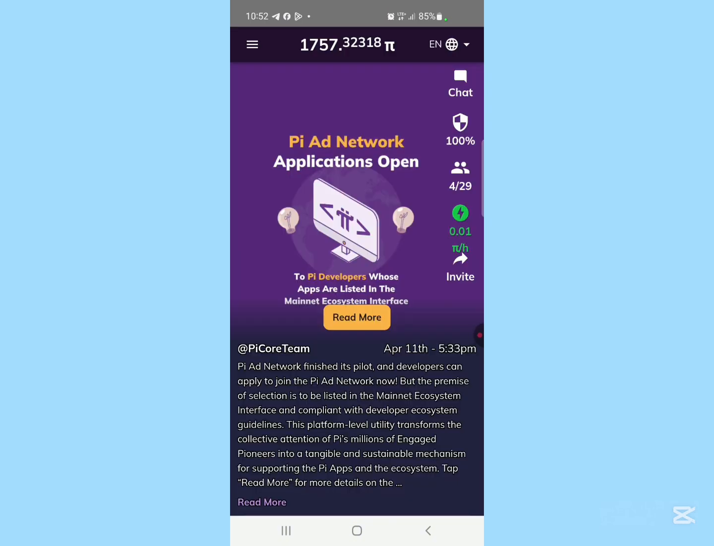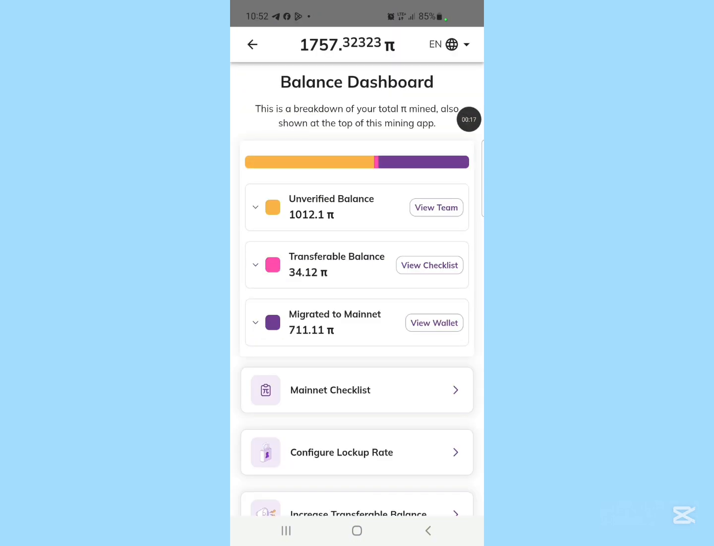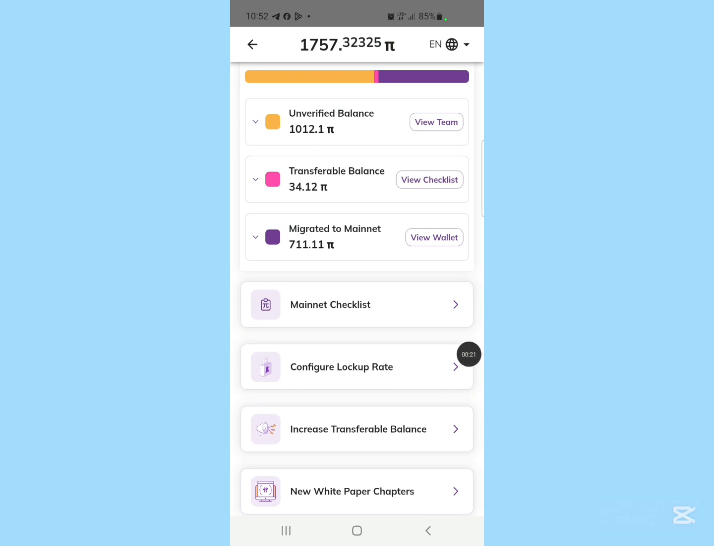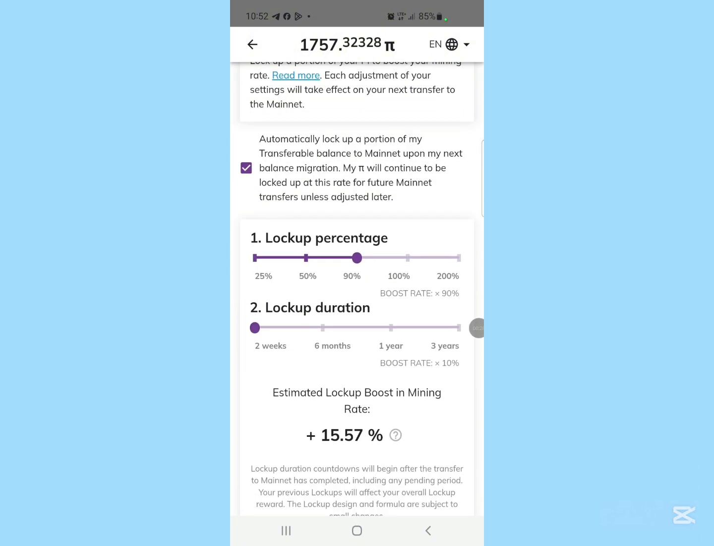Another step to increase your mining, which I skipped and am adding now, is for you to go to mainnet. Tap on these 3 lines here, go to mainnet and increase your lockup. This is the configure lockup rate. The higher the percentage lockup, the higher the mining rate. Can you see this is increasing by 15.7%? If I increase it to 100%, it takes it to 17.3%. If you take it to 200%,